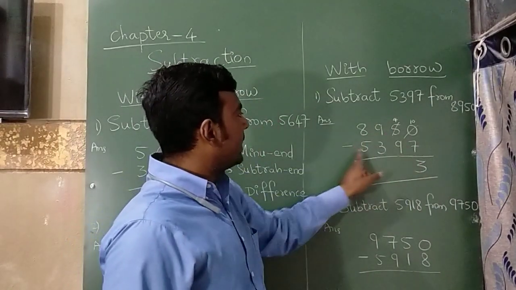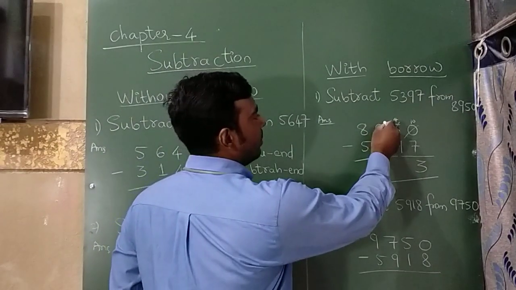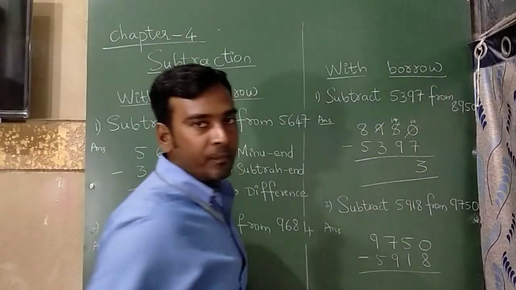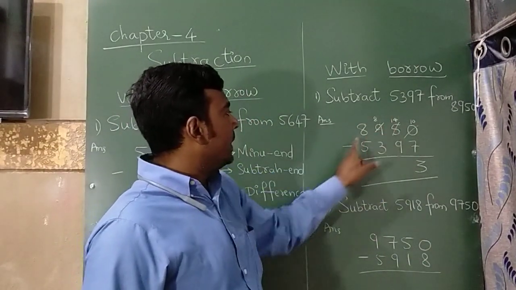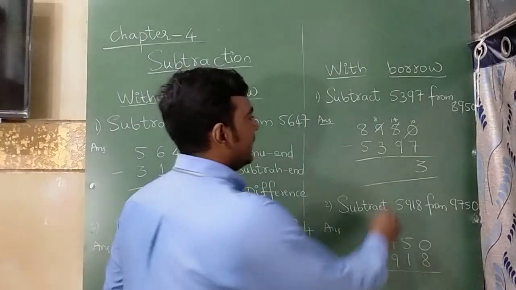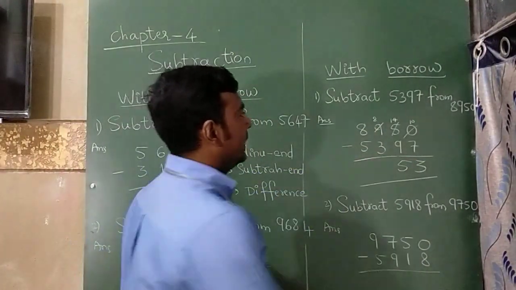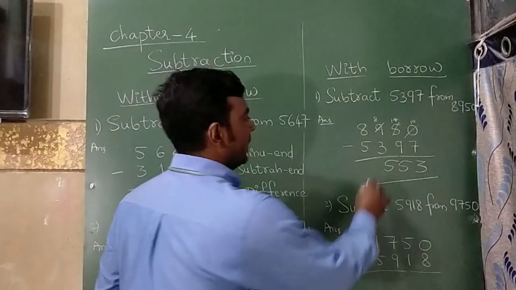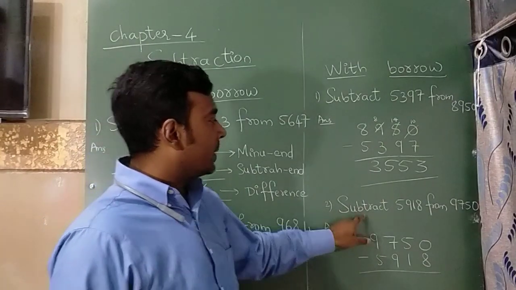Now 4 minus 9, again it cannot be subtracted. So again I am going to borrow this. So if I borrow this, then this will become 14 and this will become 8. So 14 minus 9 is 5. Now 8 minus 3 is again 5. Now 8 minus 5 is 3. Okay. So next question is subtract